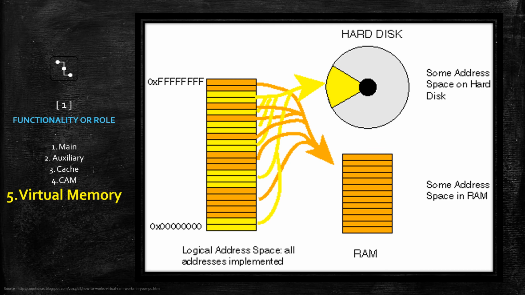Let's understand what virtual memory is and how it works. Here we have RAM, and as you know, RAM always has a limited capacity. It always comes in a limited size. But you might be using so many applications together, like Photoshop, Corel Draw, and many others, and to load the basic components of these applications you require more RAM.